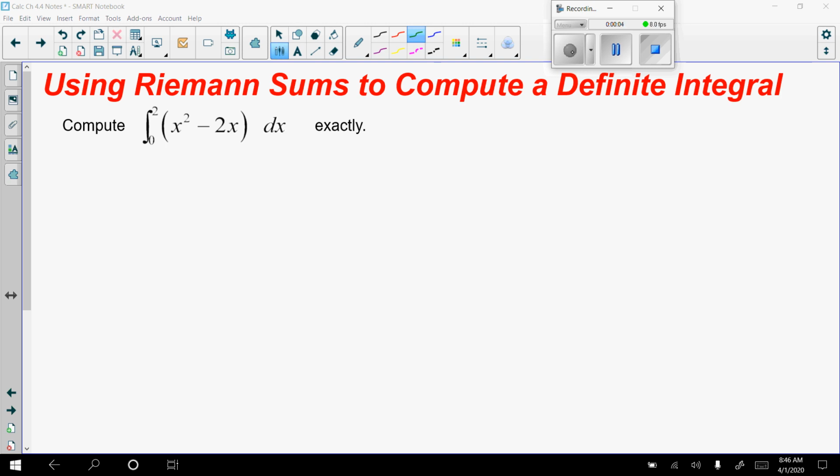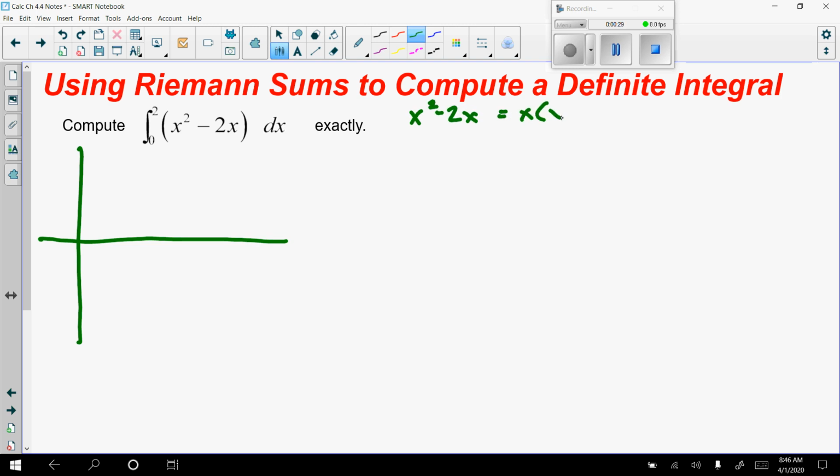Now we're going to take this function, defined from 0 to 2, of x squared minus 2x, and compute its area exactly using a definite integral. So first let's draw a picture of this function. I know that x squared minus 2x is the same as x times x minus 2. Finding the zeros of the function, x equals 0 and x equals 2. So at 0 and 2,